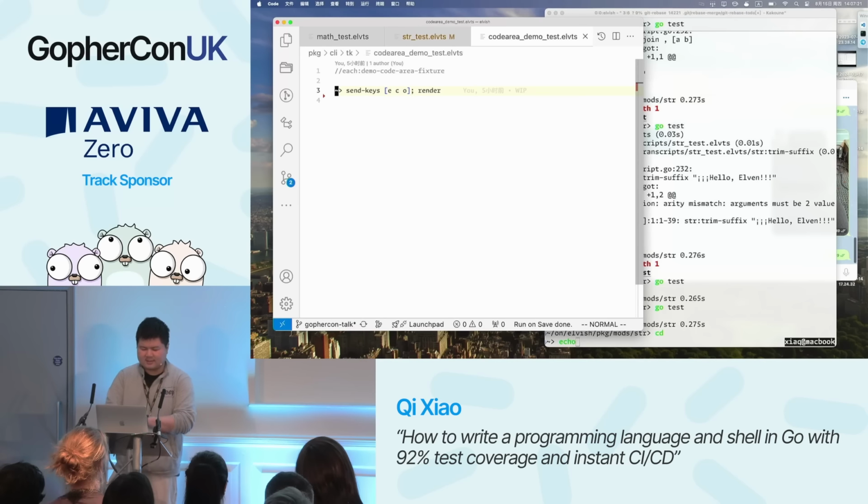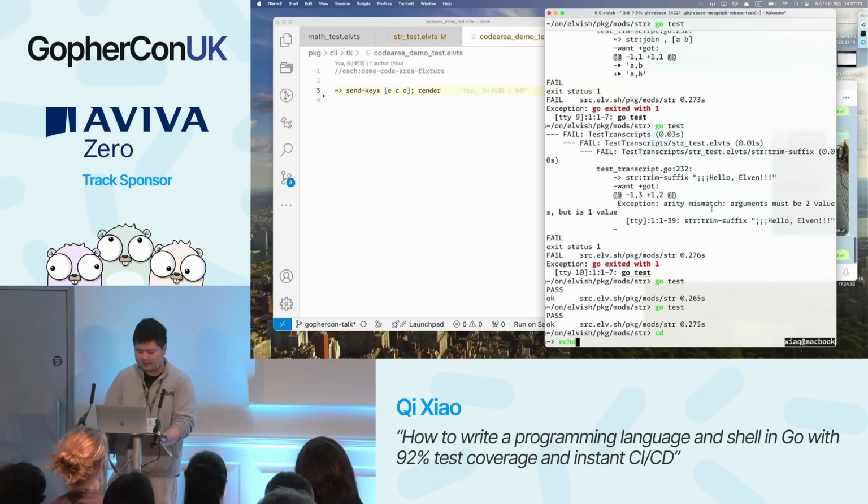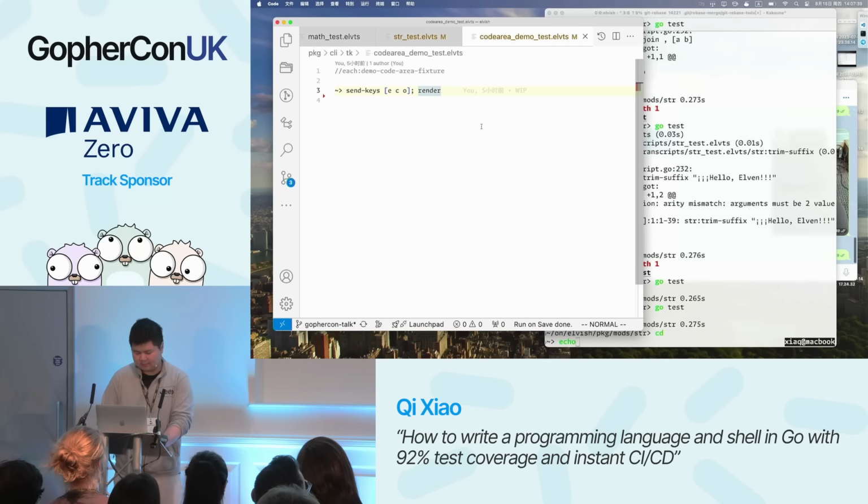So let's say we send ECO and then enter. The test widget doesn't have a prompt, so it's just the code, but it does have syntax highlighting. So in Elvish, if a command is unknown, it will be shown in red. If a command is null, it will be shown in gray. So we also want to check against that. So if I run this,